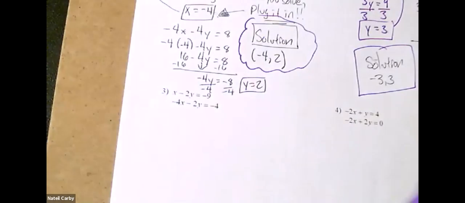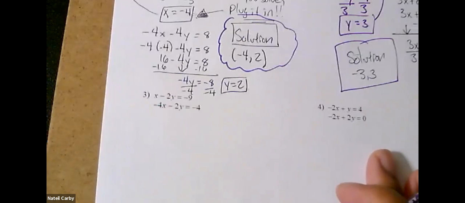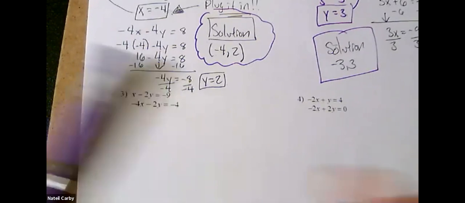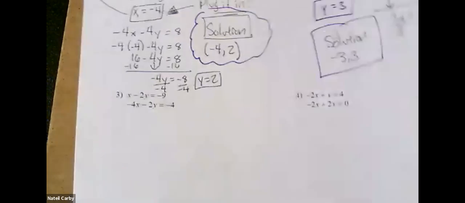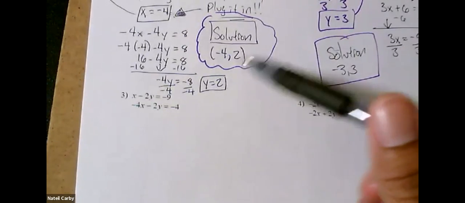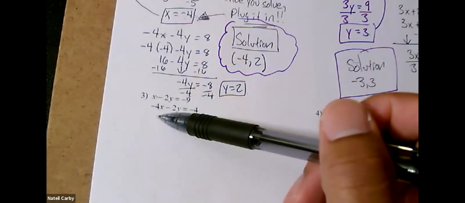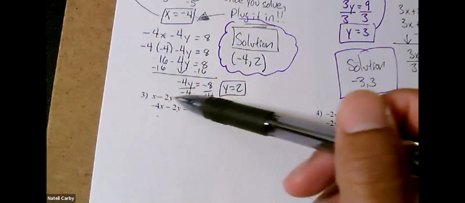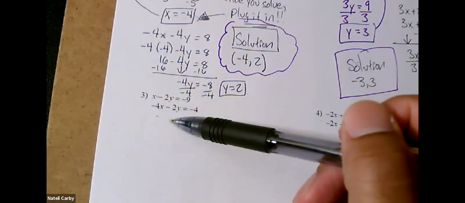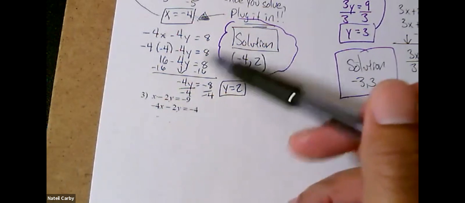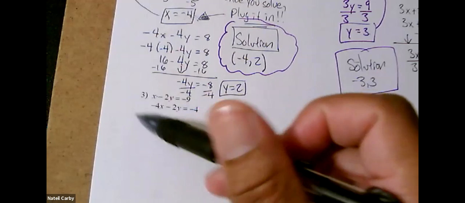Okay, awesome sauce. Let's take a look at some more problems here. What happens when your variables do not immediately eliminate? What happens when that's your situation, right? Because look here, 1x plus negative 4x is negative 3x, so they don't cancel. Negative 2y plus negative 2y is negative 4y, so those don't cancel. So when you have a situation like this, you need to multiply